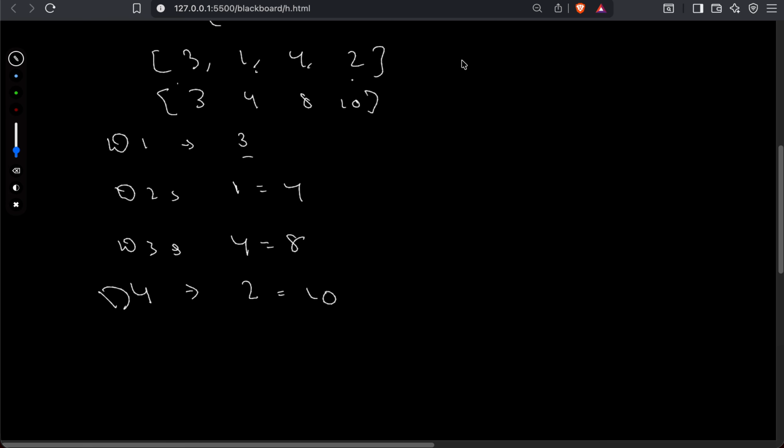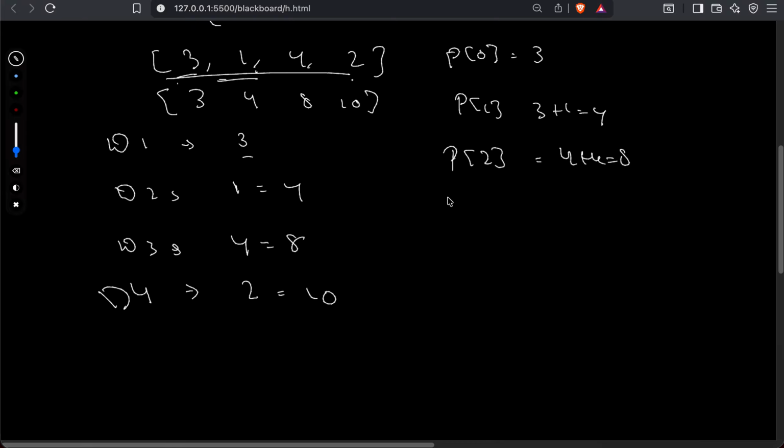Okay, now see, prefix of 0 is 3, just one number. Prefix of 1 is 3 plus 1, 4, the first two numbers. Prefix of 2 is 4 plus 4, 8, the first three numbers. And prefix of 3 is 8 plus 2, so 10, all the numbers. Okay, now